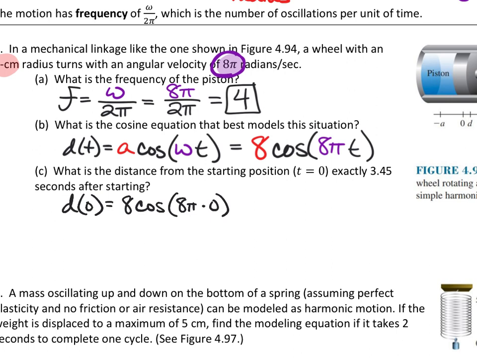Like I said, we probably could have done that one in our head because cosine of 0 is 1. That's just 8. Okay, well, what about how far is the piston extended at time 3.45? All that means for us is we're going to take the same equation that we just wrote, and instead of plugging in 0, we're going to plug in 3.45. So 8 times the cosine of 8 pi,